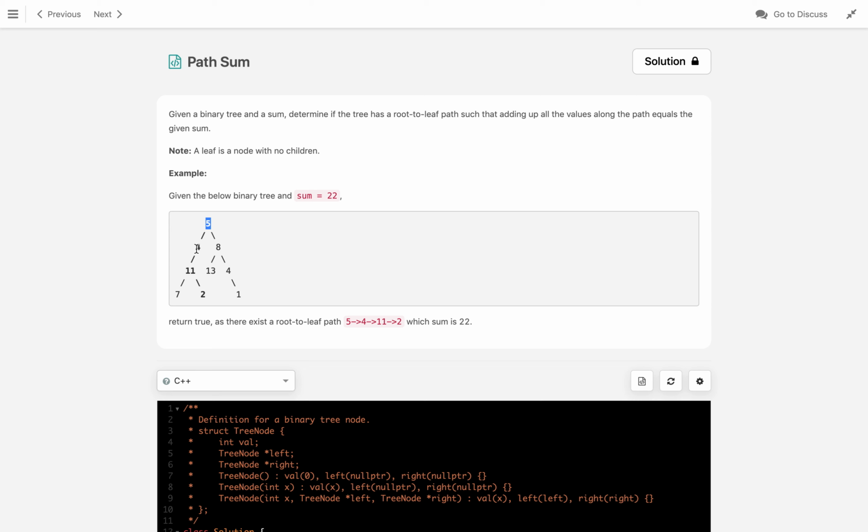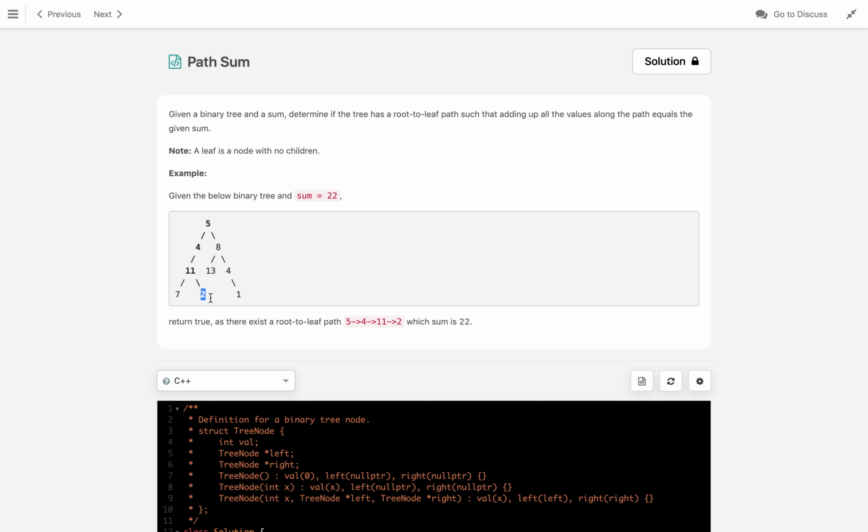Now we're asking if there's a path to the bottom, length 17 from 4. In this case, we've sort of reduced the problem into a smaller, easier to manage sub-problem. And we can keep doing that as we keep going down the tree. So 4, we can again break it into a sub-problem. So you can ask 11 whether there is a path of length 17 minus 4, which is 13, to a leaf. And then eventually we can get to a leaf here, maybe 2, and that's when we can ask,